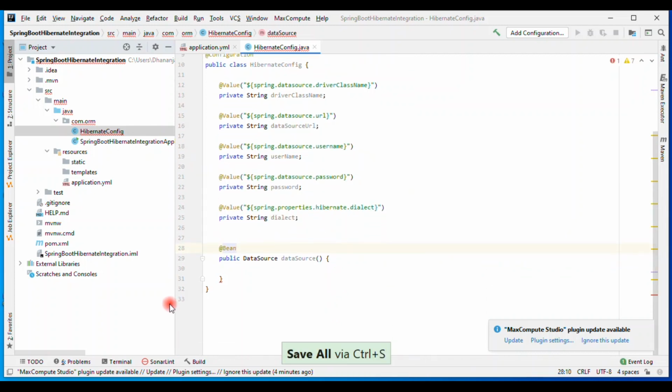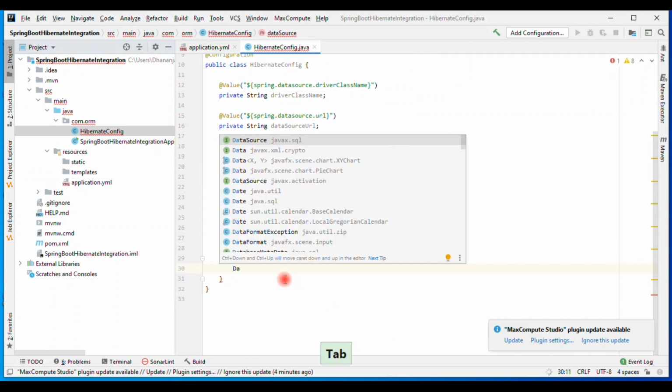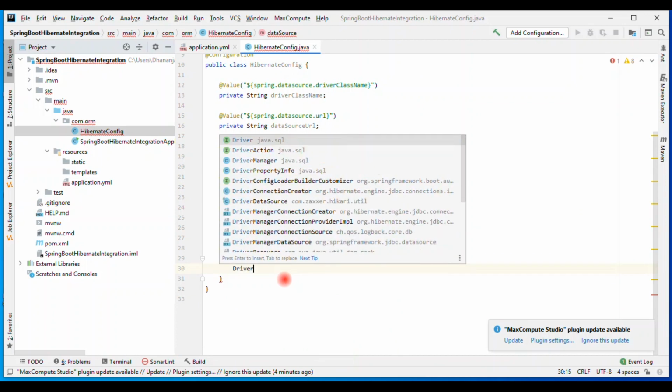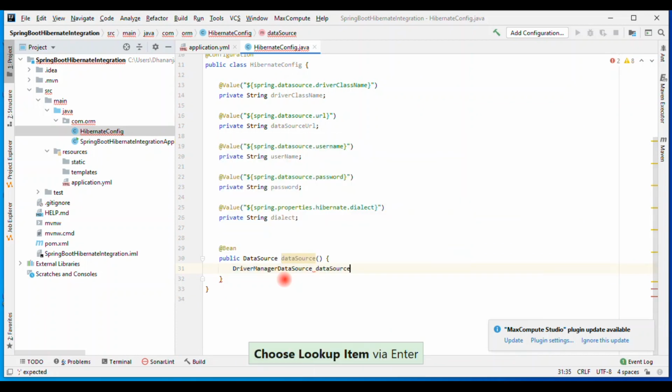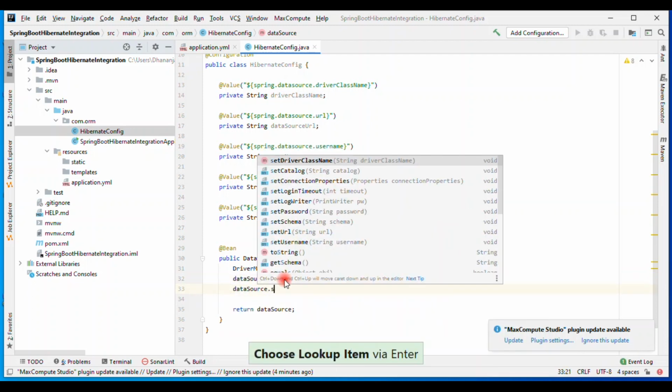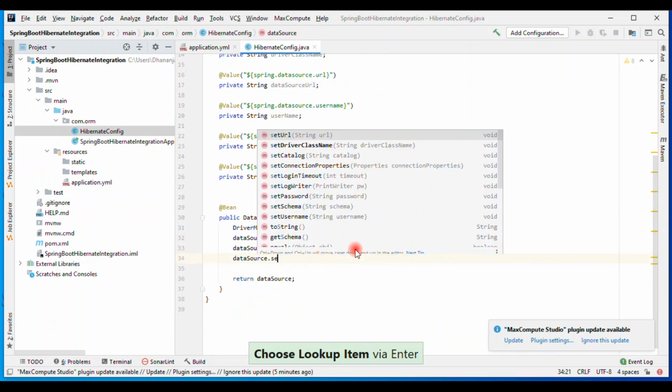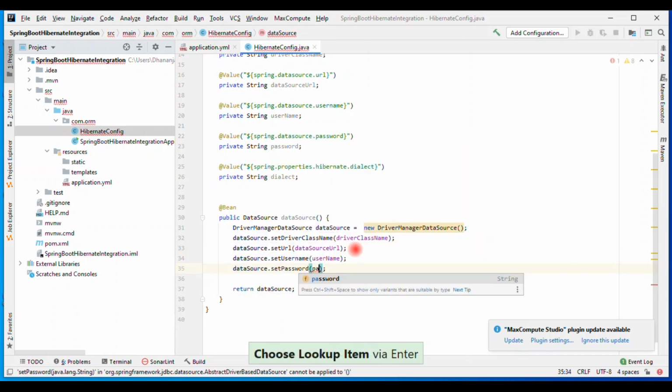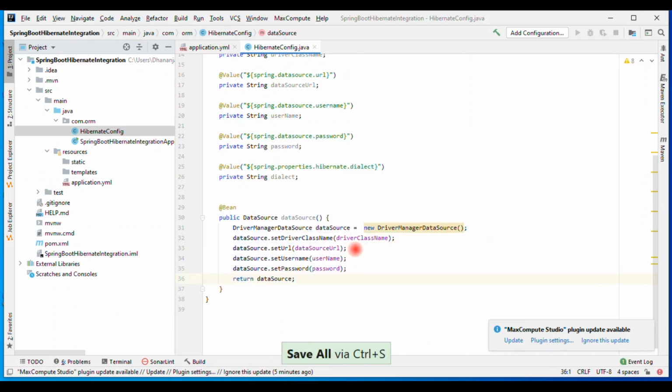What we need to do here: DriverManagerDataSource dataSource is equal to new DriverManagerDataSource. Here you need to set the properties like driver class name, DB URL, username and password. And that's it for the data source.